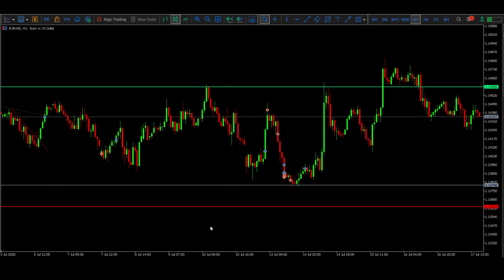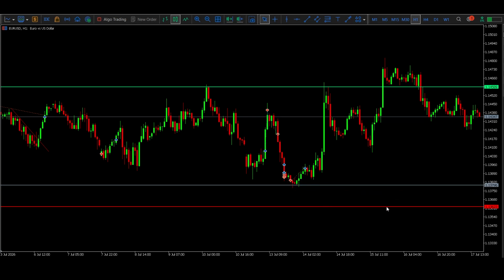On EUR USD, almost the same thing happened. One of my trades reached TP1, and it recovered part of the previous loss. But then I repeated the same mistake. I took a buy position, but when the market moved slightly lower, I started doubting my analysis and entered a sell. This time, my stop loss was hit. And after this trade, I lost the account.